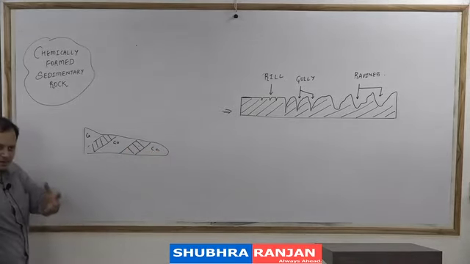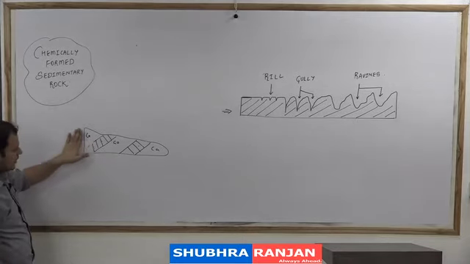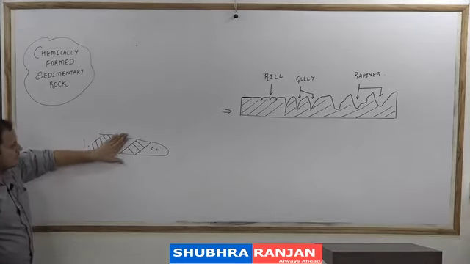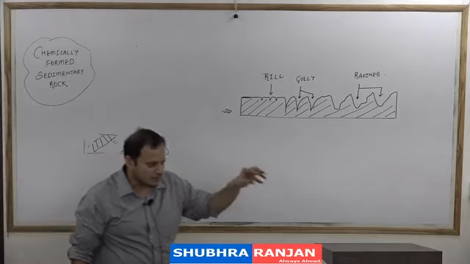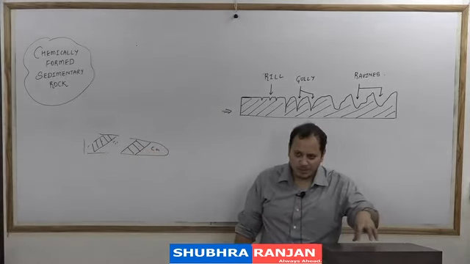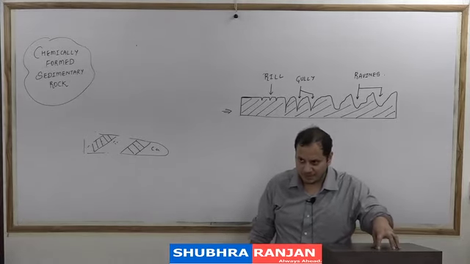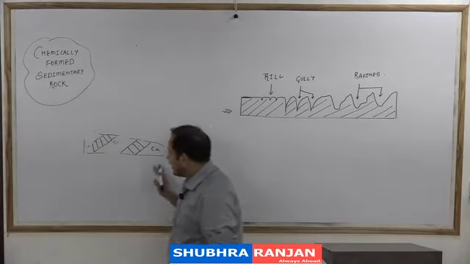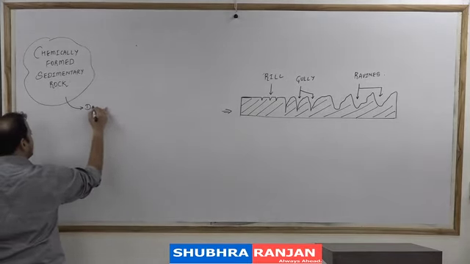Now imagine if a river is flowing through this region, what will it erode more? It will erode the calcium more. And when it erodes the calcium more, it will take the calcium and deposit it somewhere. So over the period of time, layers and layers of calcium will be deposited to give rise to the chemically formed sedimentary rock. So for chemically formed sedimentary rock, you just remember it is formed by decomposition